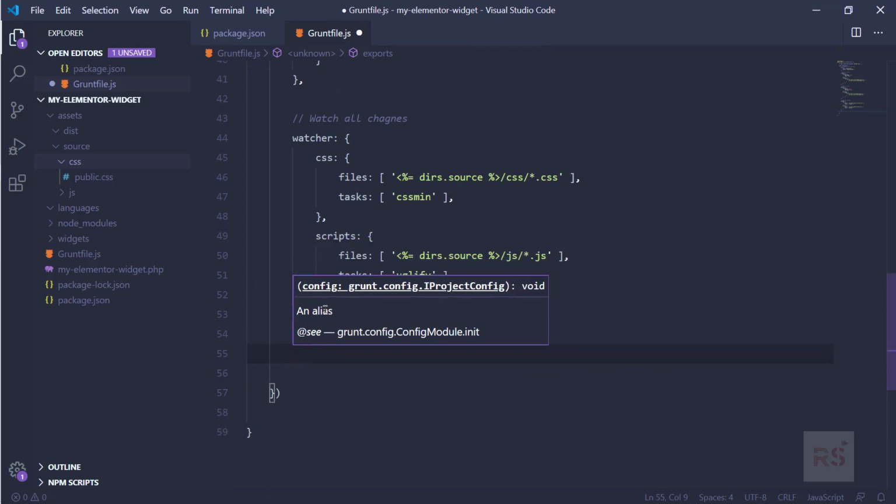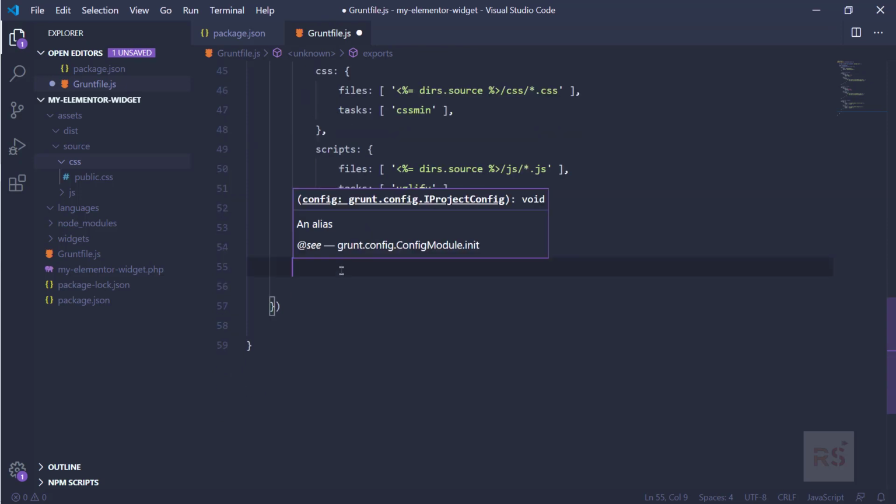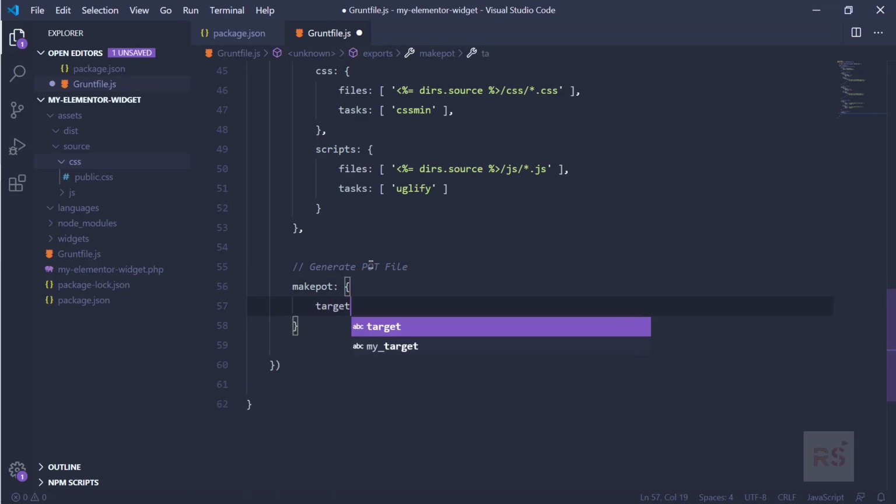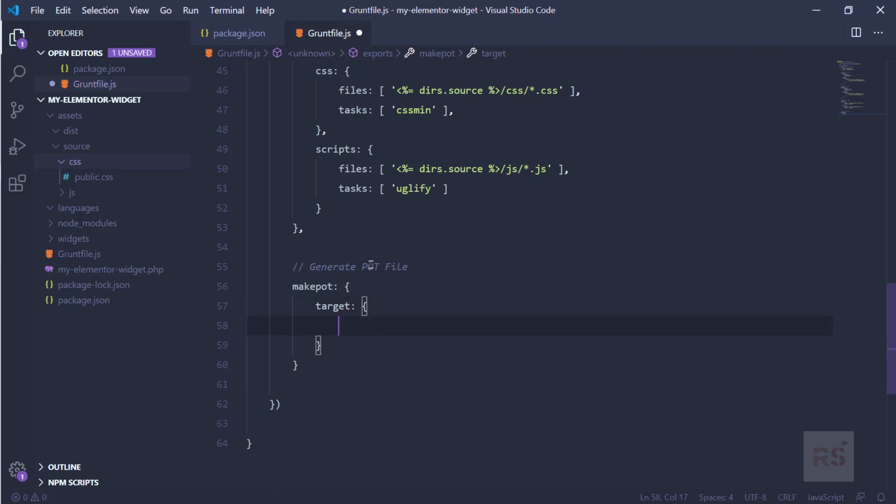So the next one we want is to create a port file in order to internationalize, or generating a port file for the internationalization. So let's do that. Generate port file. So we can say make port and target, options, domain path,